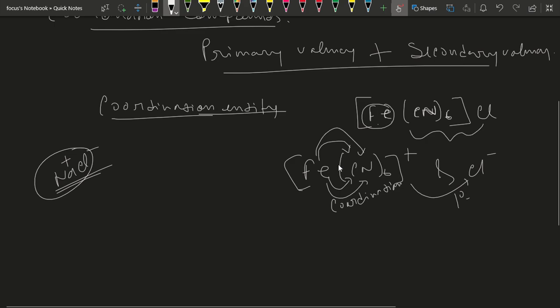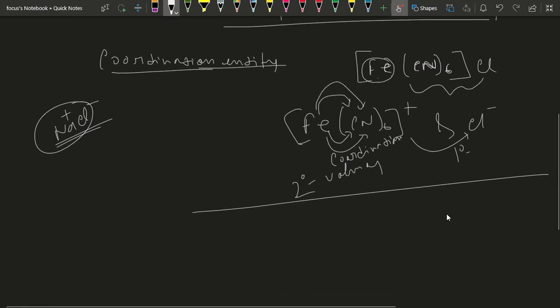So this type of valency, that is iron with cyanide, is called secondary valency. This is a basic concept, and if somebody is totally unaware of the basic concepts of coordination chemistry, then a brief summary for them is that we have different types of chemical bonds, but the coordination bond is different from